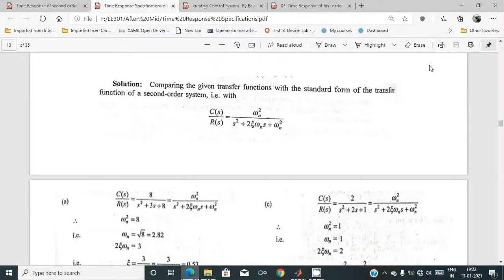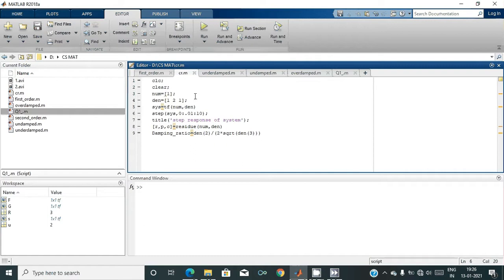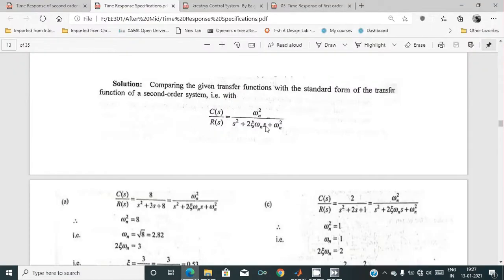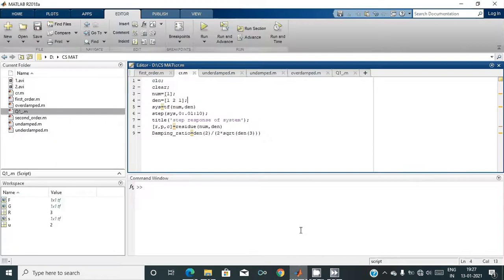Move on to the second order systems. I hope you know this is the standard form of second order systems. So we are going to see the results of the same. We have done the time response analysis in first order systems; we'll do it for second order systems. We'll go through the program here. I have created two vectors containing the coefficients of the polynomials of our transfer function. I have given the numerator as 1 and the denominator as 1 2 1. Here you can see this is the standard version. What we are going to do is pass two vectors, the coefficients of the numerator and denominator, and our TF function will create the transfer function for us.